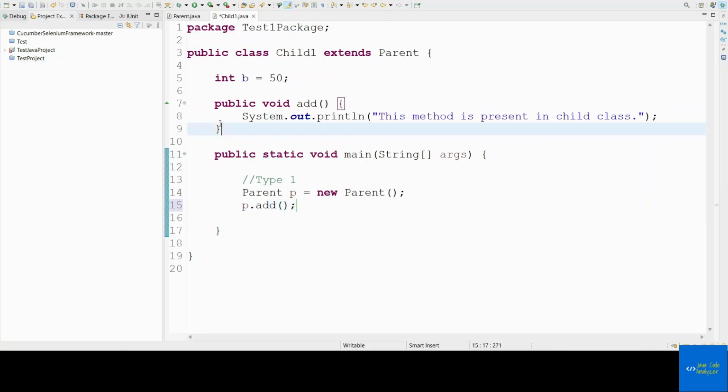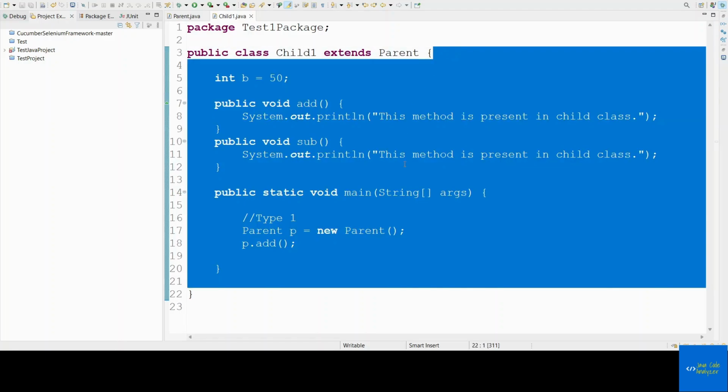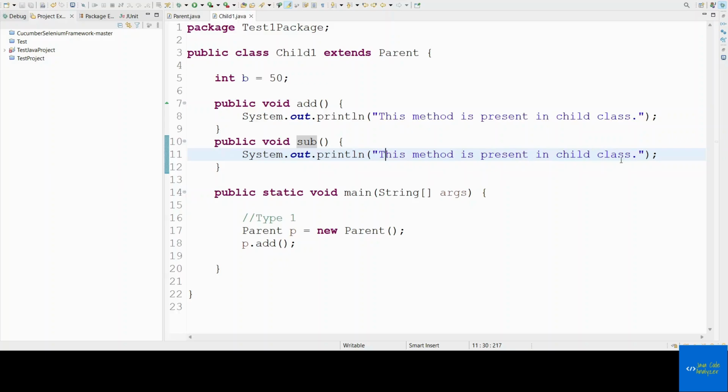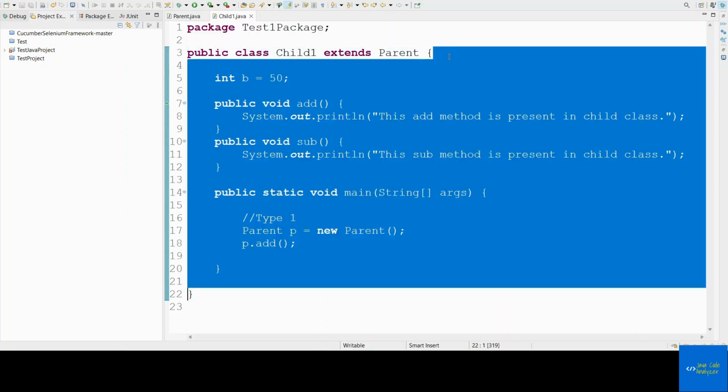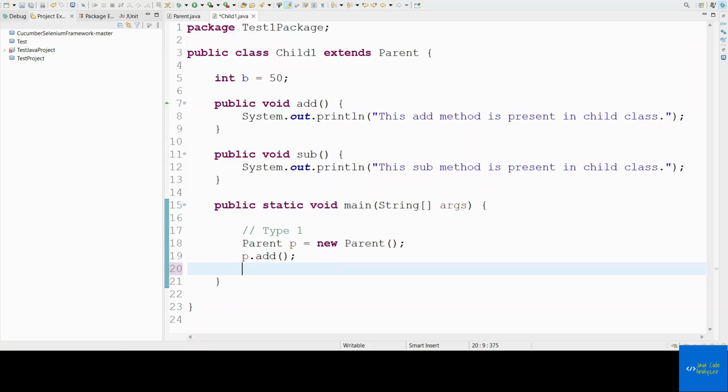For example, suppose I have one more method in the child class called subtract. This is a method subtract which is present only in the child class. This subtract method is present in the child class, and this add method, like this. Okay. Now consider this. If we are trying to access a child class method or a child class